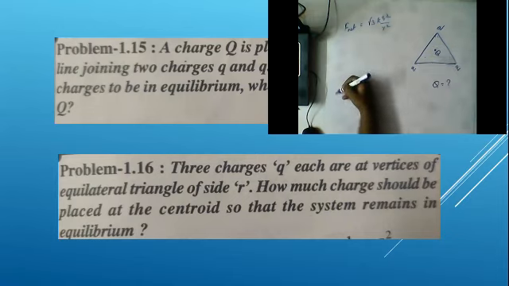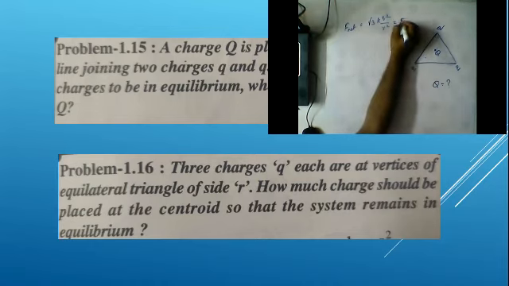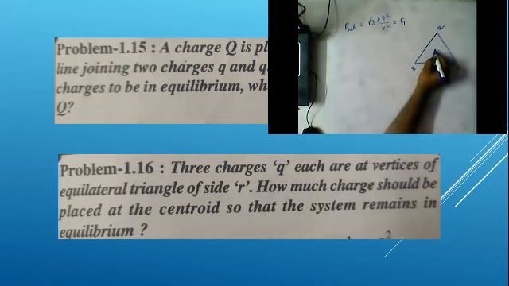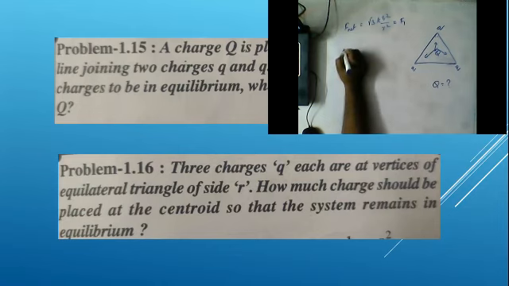So I'm considering this value as F1. And similarly, due to this force it will exert force in this direction, it will exert force in this direction. Since it is at a place equidistant from all the three sides, we will get F2 is equal to